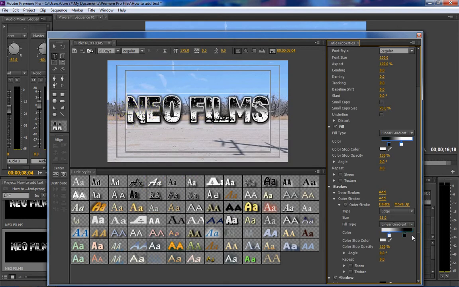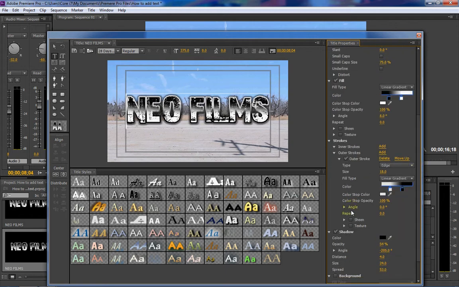And you can adjust it like that. Now I'm going to adjust the angle of the color of the font and kind of make it a little bit offset to the right, and do the same thing with the angle of my outline stroke. So now that we got that, I'm going to recenter it,